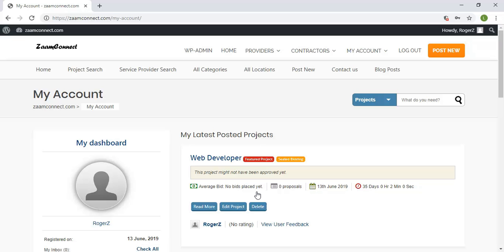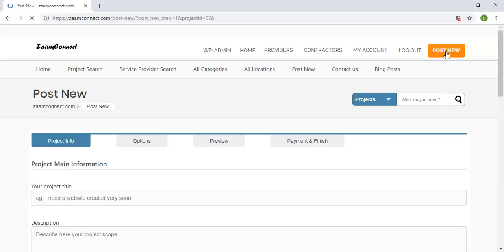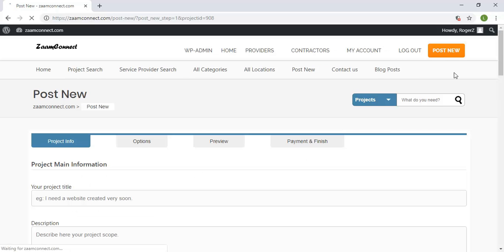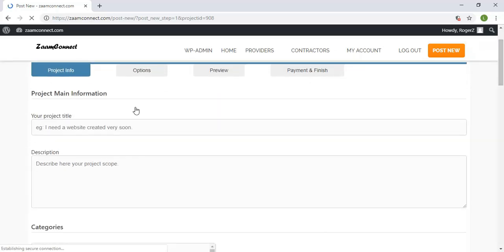Great. So now we have Roger logged in, and this means that we can now post our new role. So I'm going to come to the top right-hand corner and then click Post New. Okay, so this has brought up our project main information page, and I'm going to put some information on our